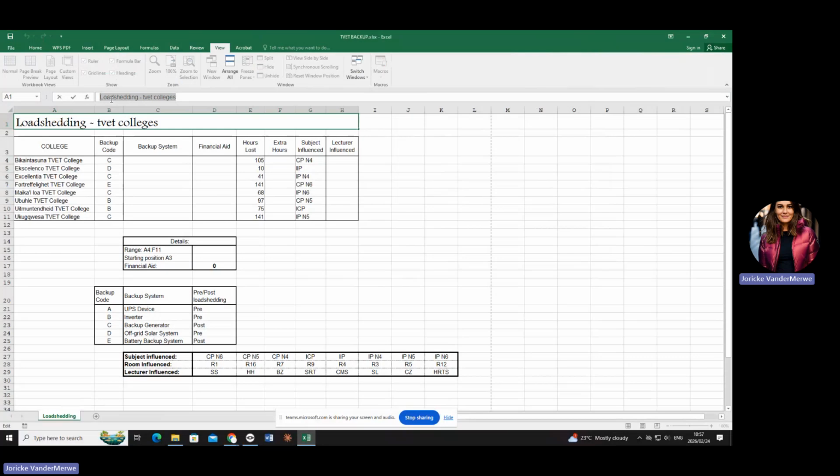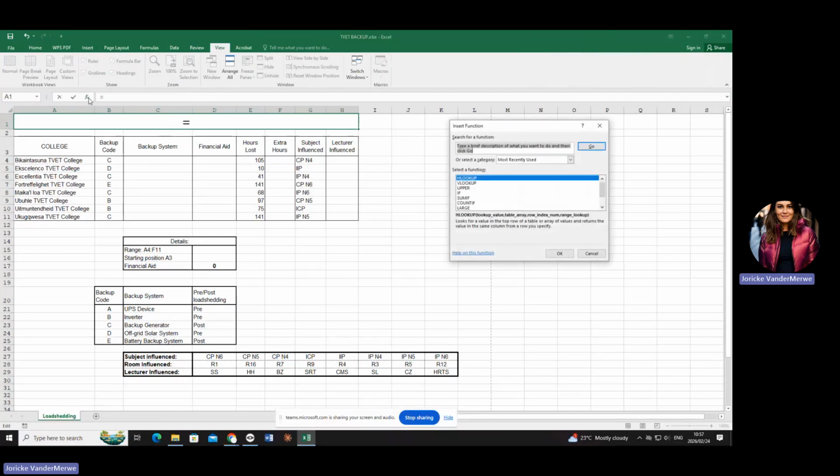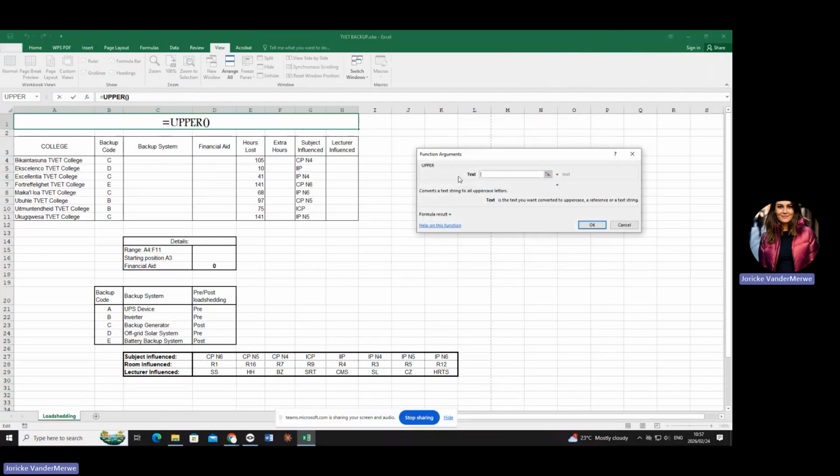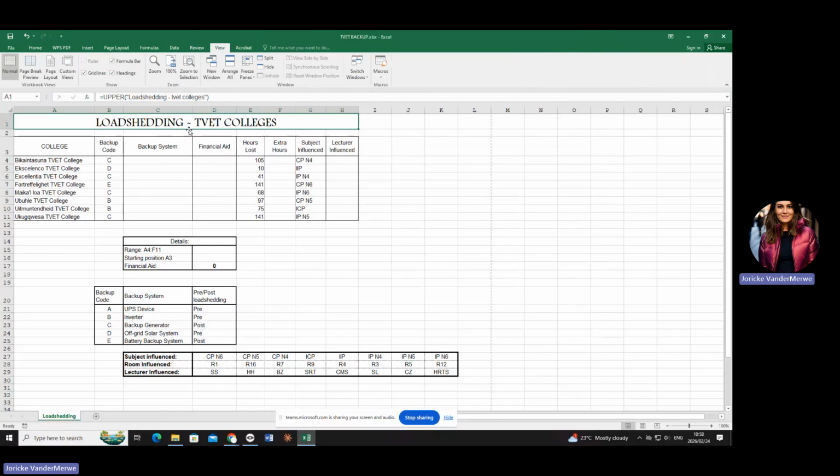Okay. Now, this is how you're going to do it. You're going to select everything here. You're going to cut it because you want to replace it with the actual thing. You're going to go to upper and you are going to paste it there. Are you with me? And you're going to say okay. Can you see it has changed it into uppercase and you have used the function upper? Are you with me? Yes.